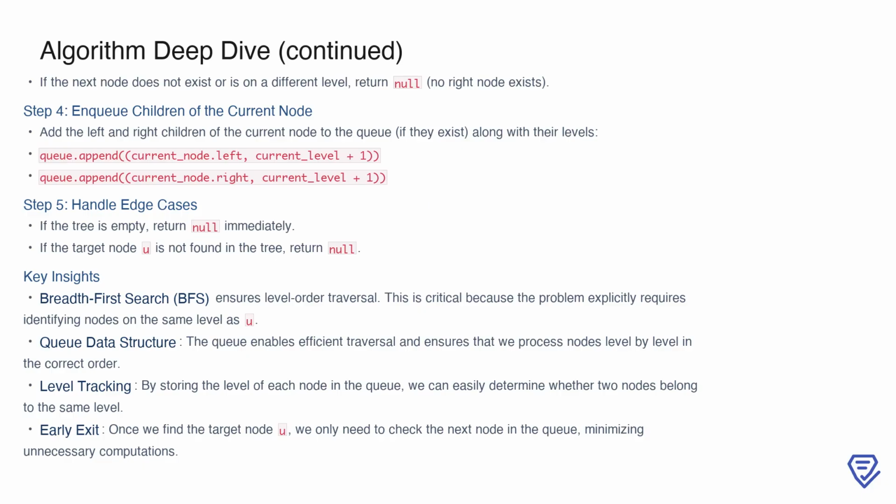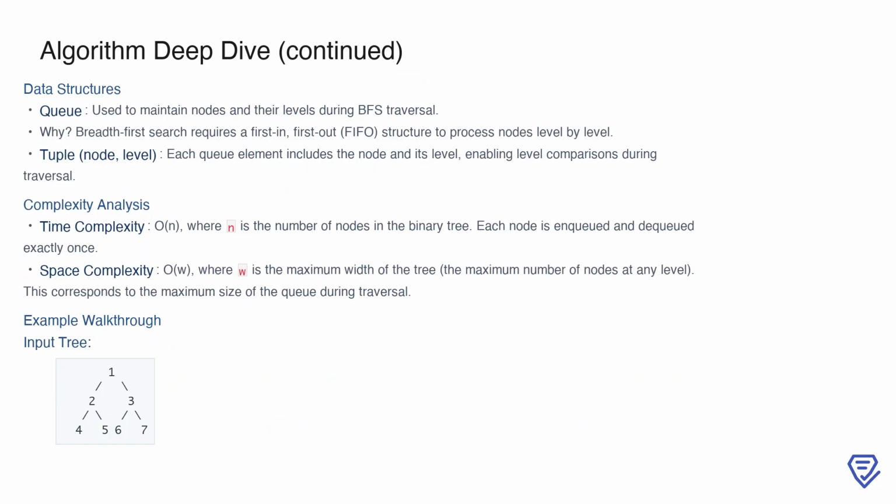The BFS traversal is particularly well suited for this problem because it guarantees that nodes are processed level by level, which is crucial for identifying neighbors on the same level. To implement this solution efficiently, we rely on specific data structures. The queue is fundamental to our BFS approach, as it provides a first-in, first-out mechanism to process nodes level by